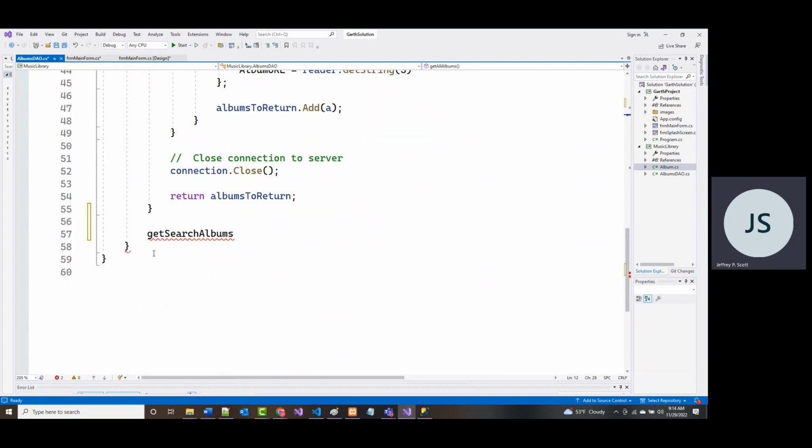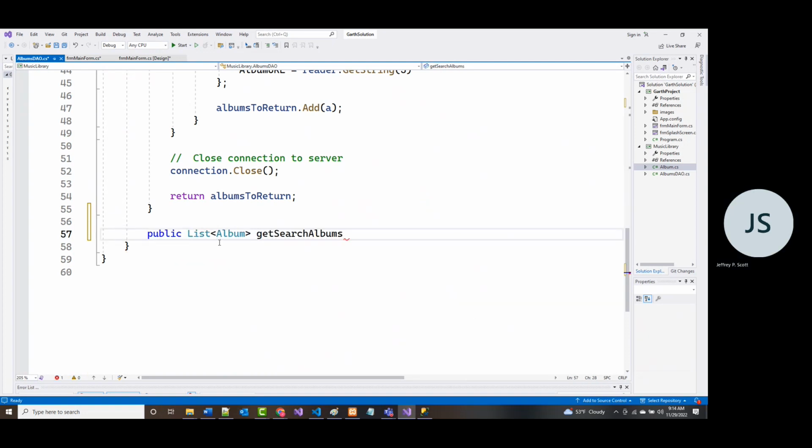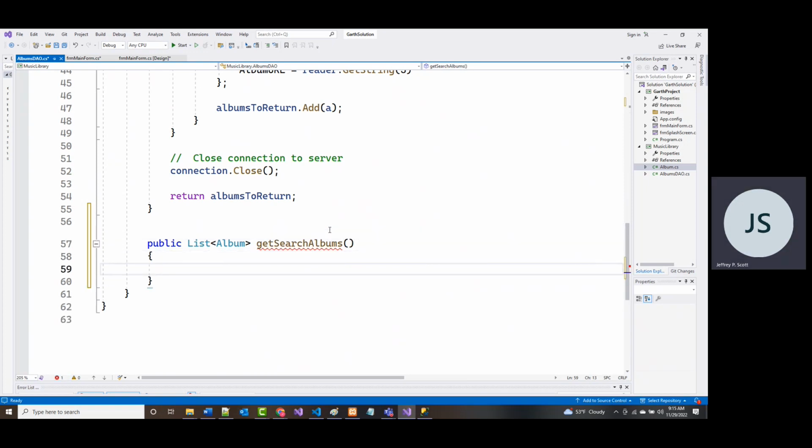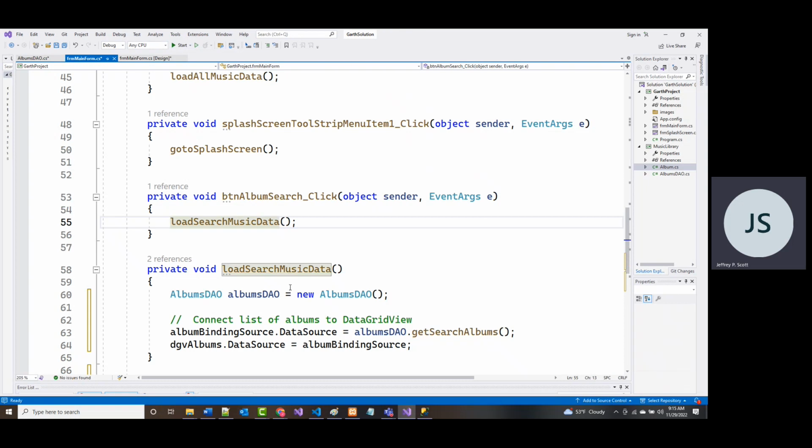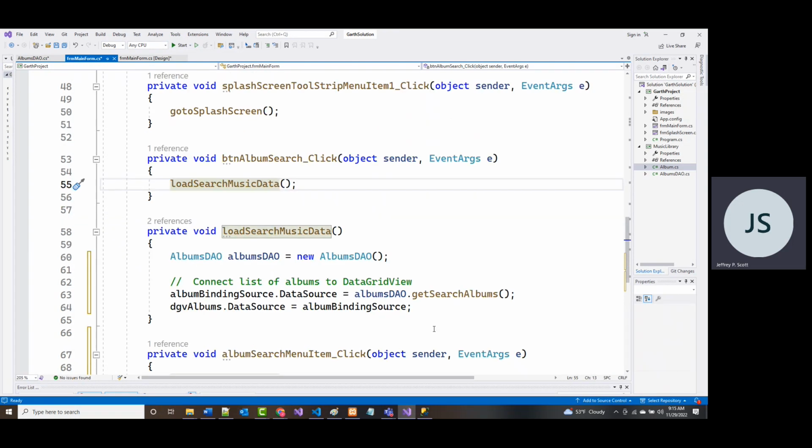So let me put that in here, and paren, and this. Now it's going to give me an error because I'm supposed to be returning a list of albums, and I don't have that yet. But if I jump back into my main form and come in here under album search, notice that error there is gone because it is a viable name right now.